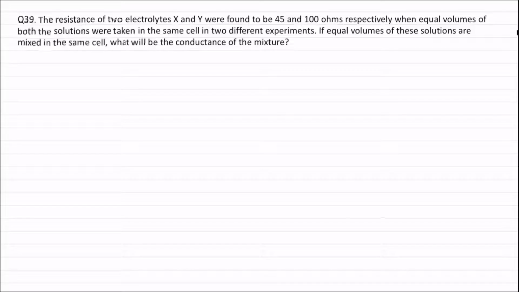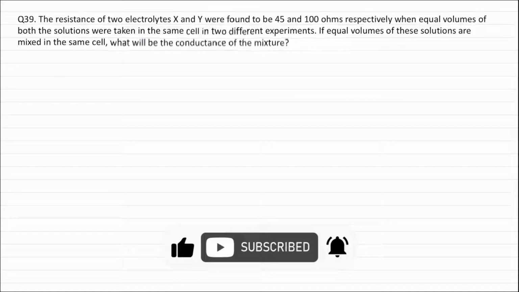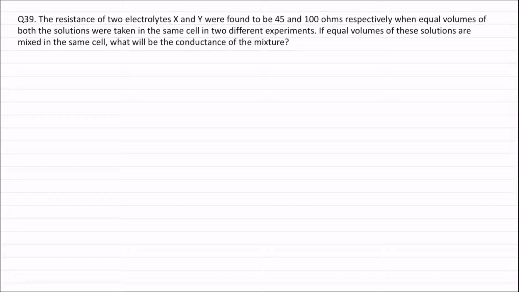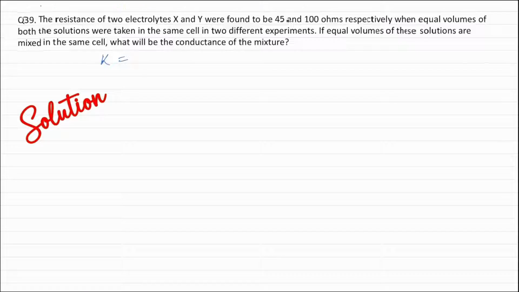Question 39. The resistance of two electrolytes X and Y were found to be 45 and 100 ohms respectively when equal volumes of both the solutions were taken in the same cell in two different experiments. If equal volumes of these solutions are mixed in the same cell, what will be the conductance of the mixture? Now specific conductance is equal to conductance, that is 1 by R, into cell